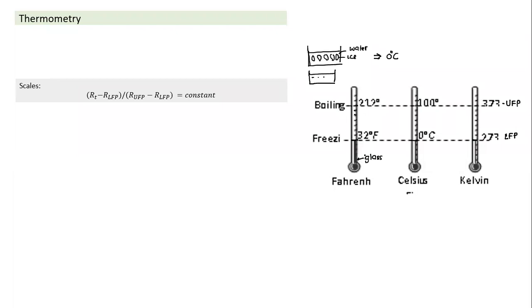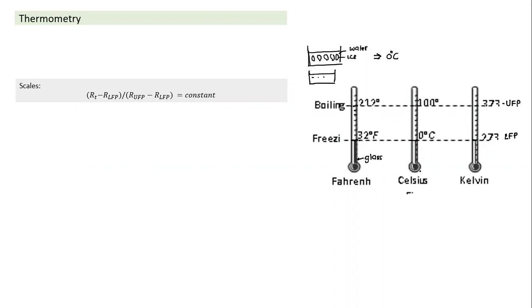That becomes a scale. So what has Fahrenheit done? He said, I have to give some value to this reading, this fixed point. So if I give a number of 32 here and a number of 212 here, in between I make 180 divisions. Since thermometer length is proportional to temperature, if I make 180 divisions, mark this as 32 and this as 212, it becomes a Fahrenheit thermometer.